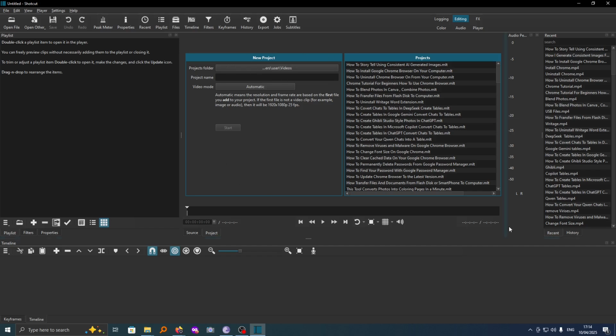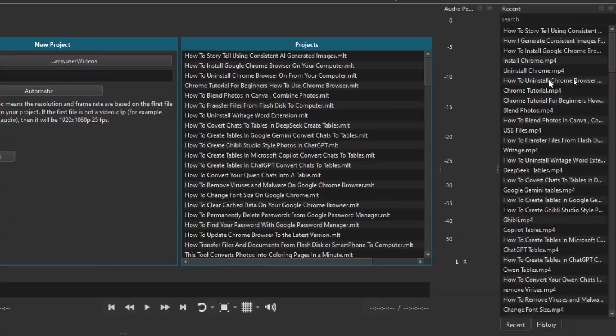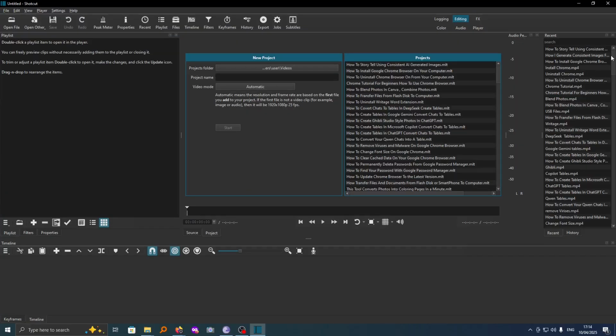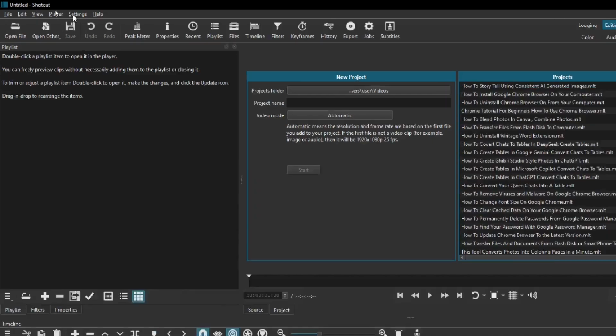In this video, I'm going to show you how you can clear recent history in your Shotcut video editing tool. As you can see, I have quite a number of recent history files and they are here and there are too many. So to clear this, all you need to do is to go to settings, and here is settings,